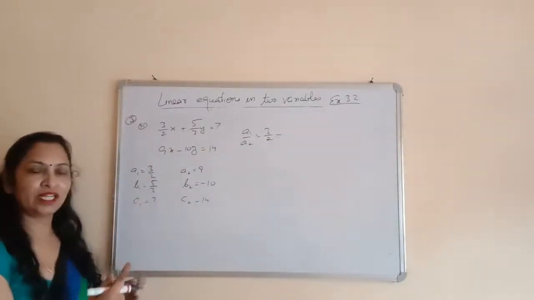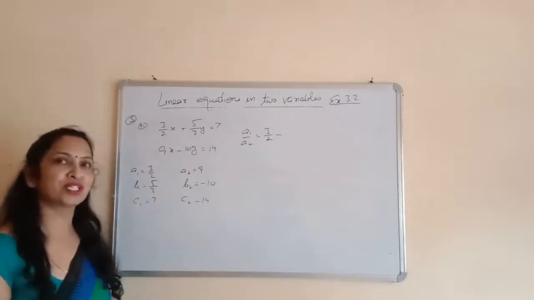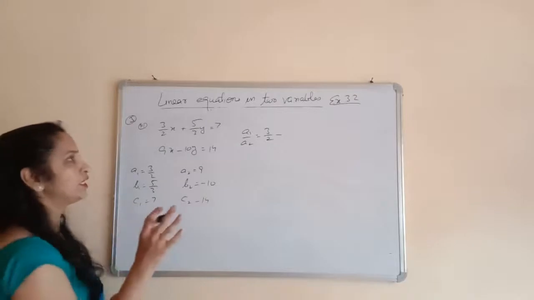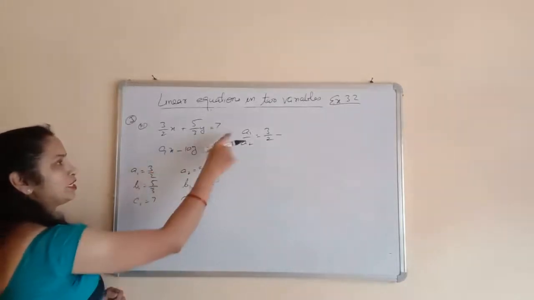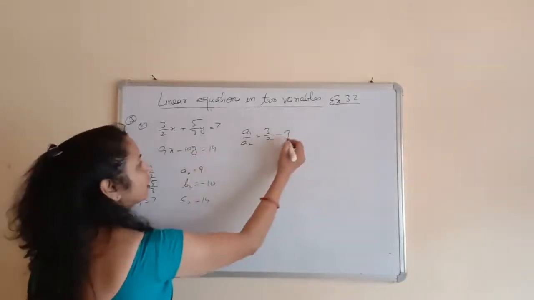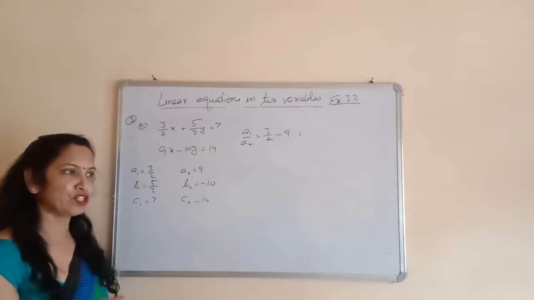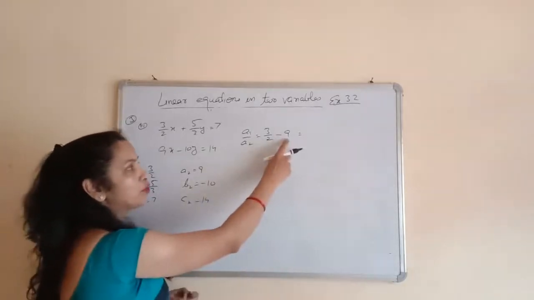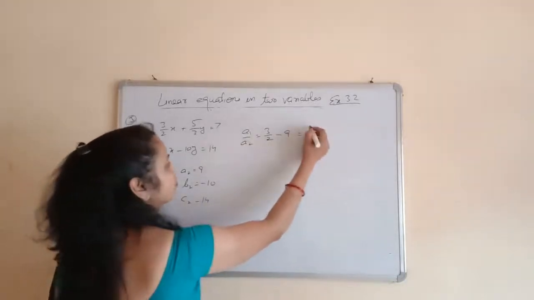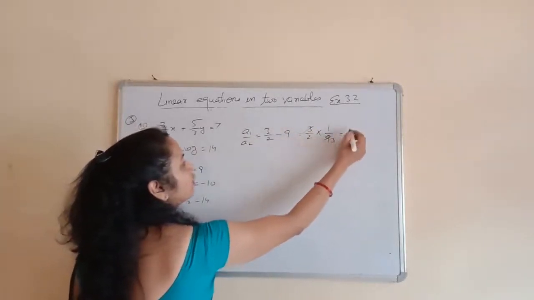आप अपॉन में रखें या डिवाइडेड बाय कहें, बात तो एक ही होती है. तो अपॉन में रख के बच्चे बहुत कन्फ्यूज हो जाते हैं, बहुत गलतियां कर जाते हैं. तो ईज़ी मेथड क्या है कि आप ये कर दीजिए कि a1 डिवाइडेड बाय a2, it means 3 upon 2 divided by 9. अब तो आपको आता है कि if you want to convert the division into multiplication, you have to take the reciprocal of the next term. 3 upon 2 multiplied by 1 upon 9 will be 1 upon 6.